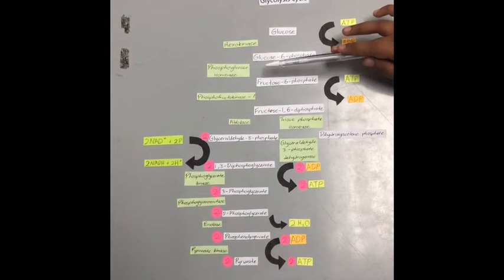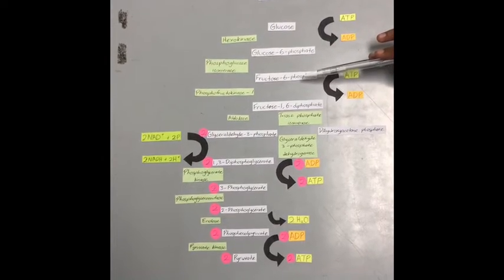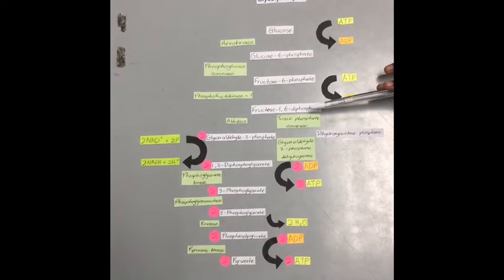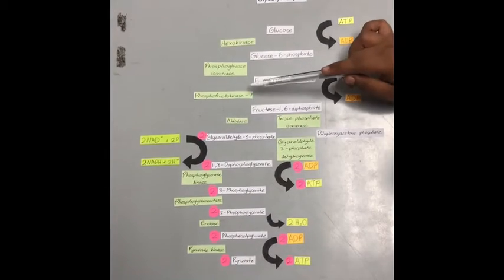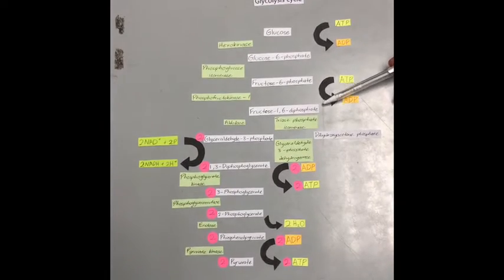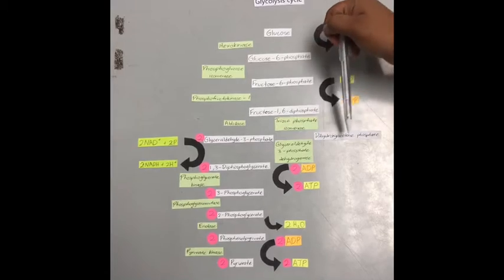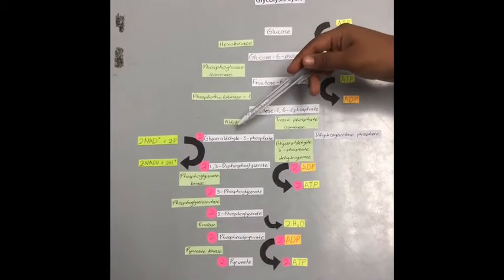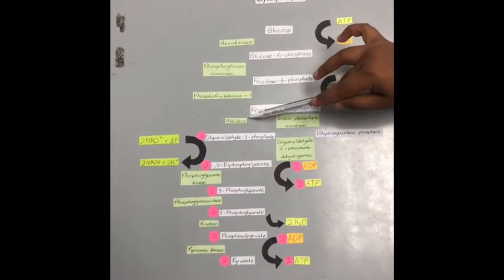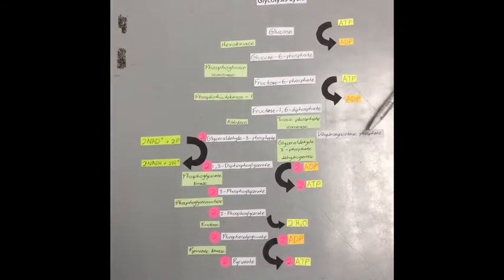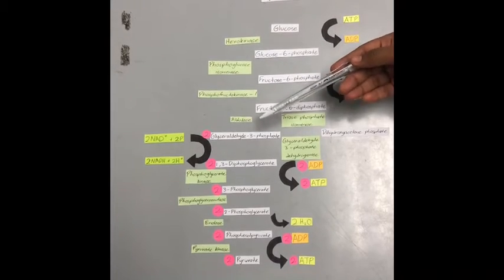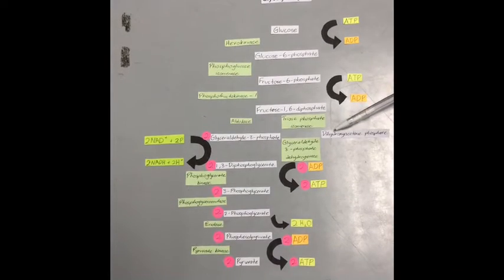And after that, this fructose 6-phosphate is phosphorylated into fructose 1,6-biphosphate with the help of enzyme phosphofructokinase 1. And after that, this fructose 1,6-biphosphate forms dihydroxyacetone phosphate and glyceraldehyde 3-phosphate molecule with the help of enzyme aldolase. And here, this dihydroxyacetone phosphate can be converted into glyceraldehyde 3-phosphate with the help of enzyme triose phosphate isomerase